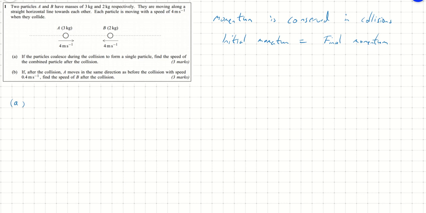In part A, we have two balls moving together. So we have to work out the initial momentum, the momentum of the two balls before the collision. Well, it's easy if we have one direction as positive. So let's just say that pointing to the right is the positive direction. Then the momentum of A, before, is